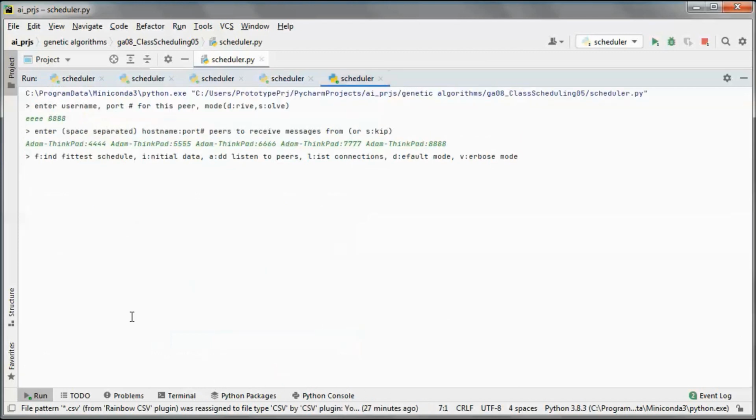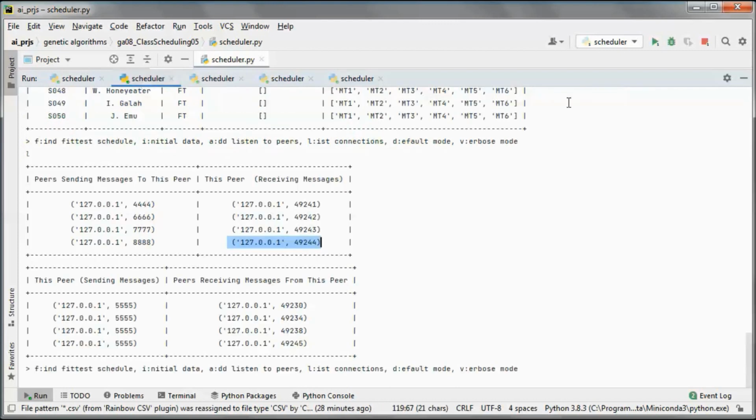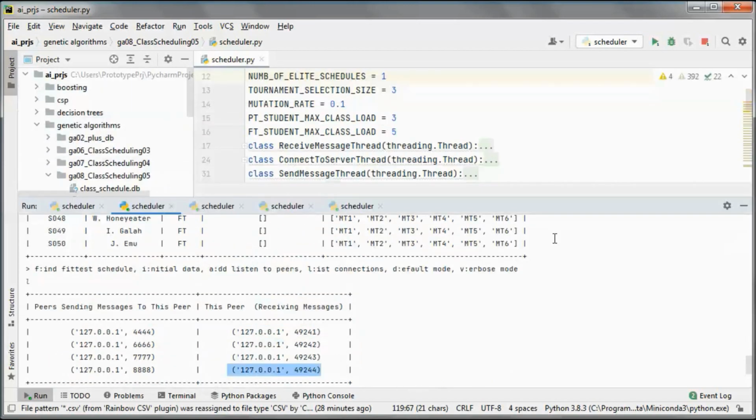And let's have this one run in verbose mode, and also this one. And those two will be running in default mode.